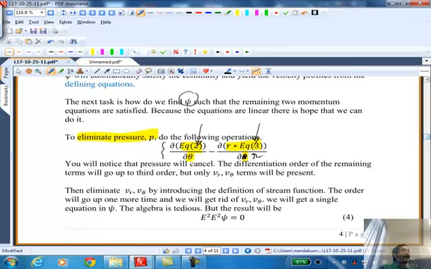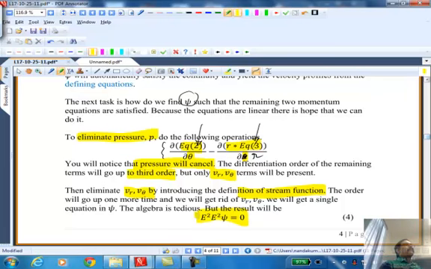And when you do that, you get rid of pressure, and the order of the differentiation goes up to third order. The pressure will cancel, but you will still have VR and V theta in that particular equation. And then what you do is you eliminate VR and V theta by using the definition for the stream function. So wherever we have VR and V theta, plug in the definition for stream function. That's another page. So about 2.5 pages of algebra, you will get the resulting equation to be this: E square